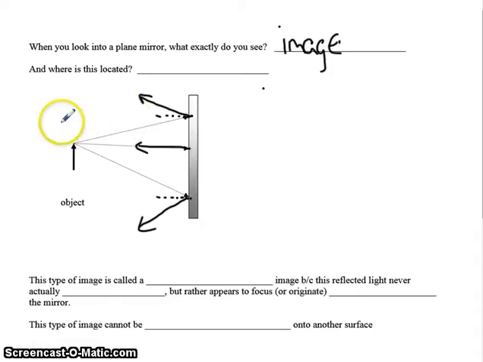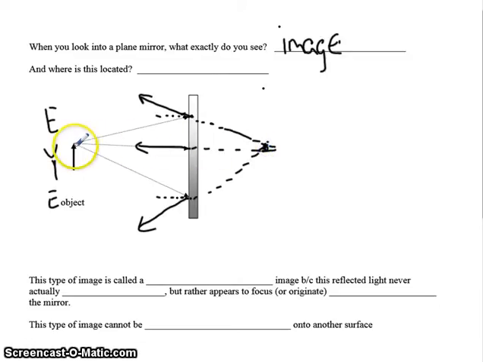Okay, so if your eye is out in front of the mirror looking at these three reflected rays, in other words, you're looking in the mirror, which means you're picking up the reflected rays from the object, you will see that none of these converge out front, but your eye will think that the rays all originate from a common point. And so at that point is where the eye will see the image of the arrowhead. And if we do the same thing for the bottom of the arrowhead, your eye will see an image